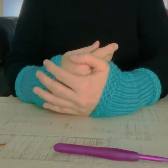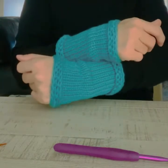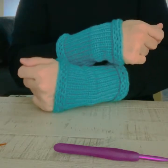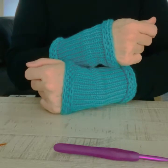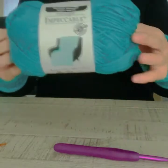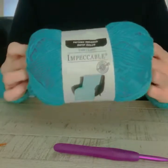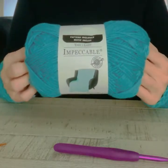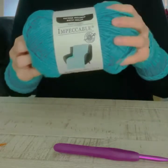We are going to be making these super cute arm warmers with the knitting machine. Our 22 needle knitting machine will work for this pattern. We're gonna use Impeccable Yarn by Loops and Thread. It's a number 4 weight yarn. They have many colors. This color is Aqua, which I really love, and it works really great with the machine